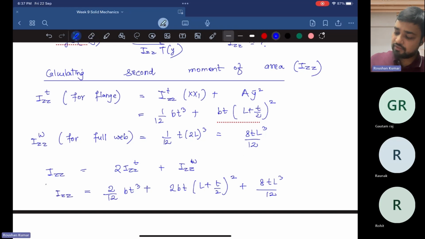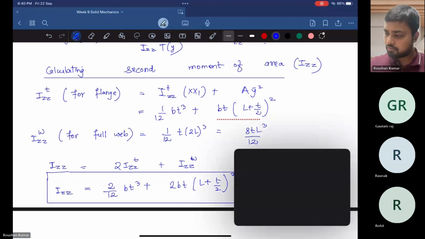So this is the final second moment of inertia for